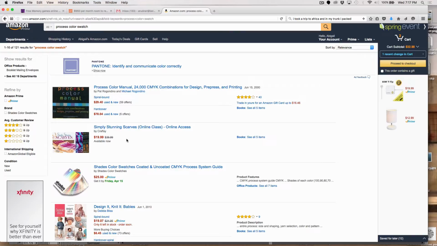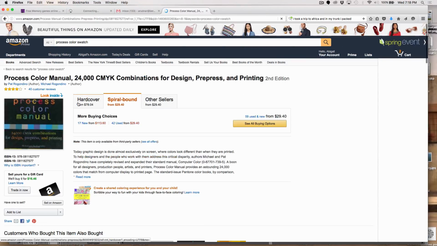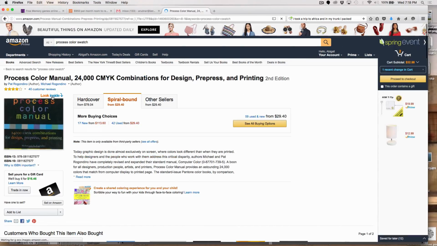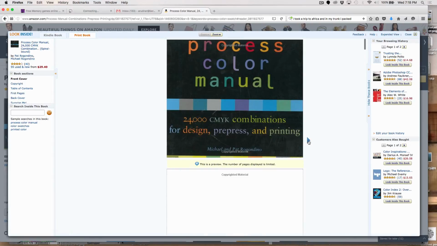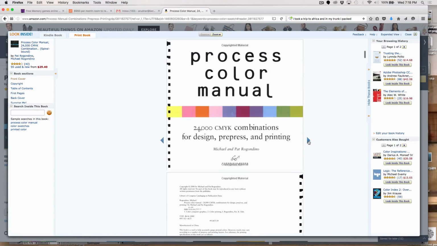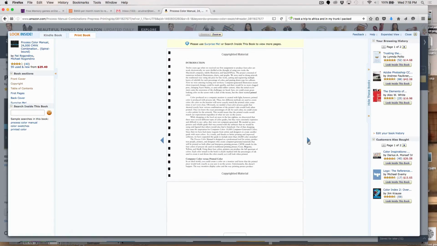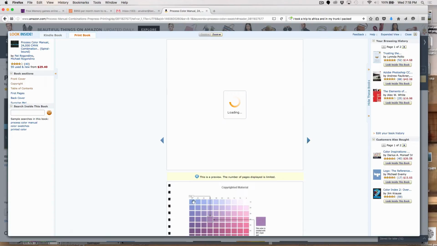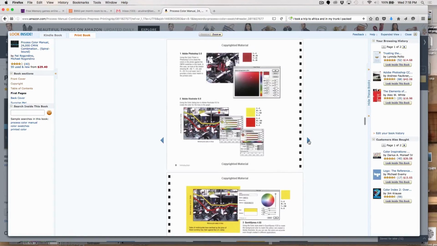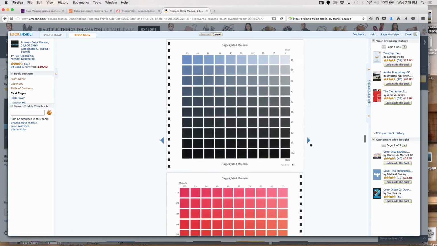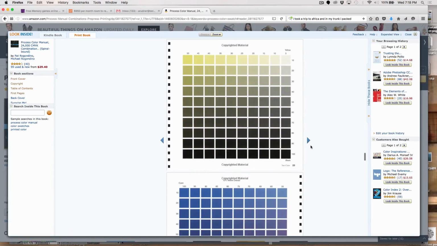So you need to have one of these books with 24,000 colors in it. These books are books of grids of colors that allow you to find the mathematical percentages of color, so that when you're looking at said orange, you can see how many percent of each color is mixed into that color and get a more accurate representation of what that color is going to look like when printed. So page after page of